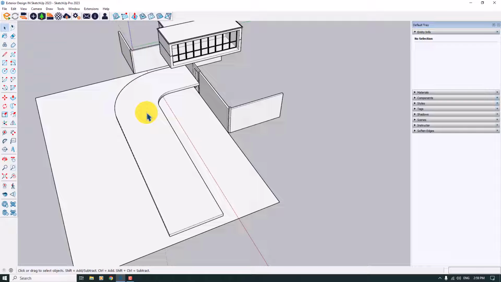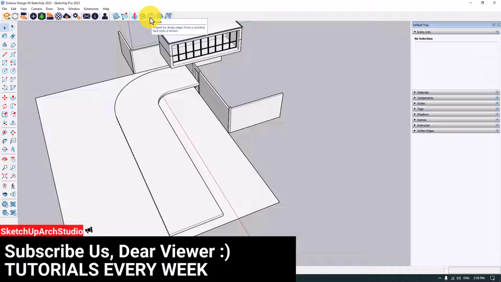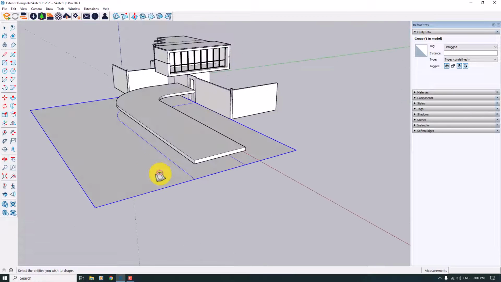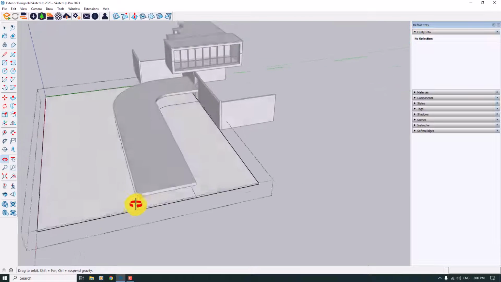We have some important action which is called the Drape option. Drape helps you to create some parametric shapes on your physical shape like the face or rectangle. I will click on the drape, select my curve line, and add it to my face. As you can see, it cut it out for you, and now you have exact parts of your job in